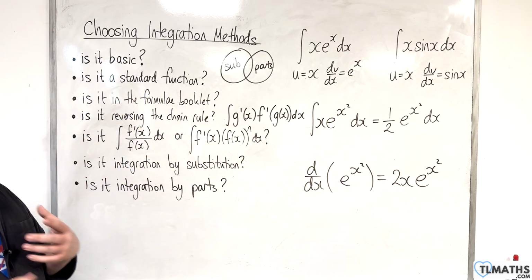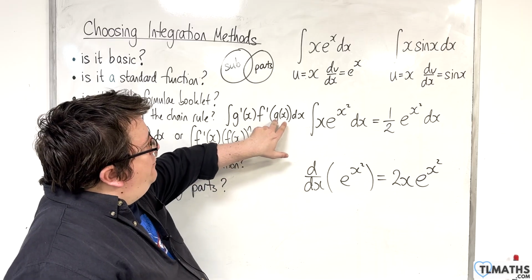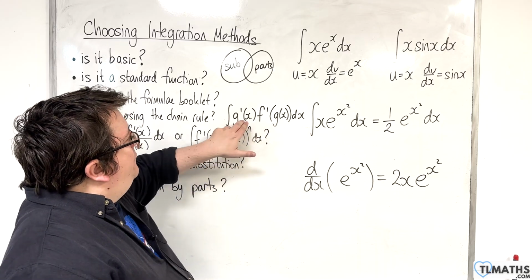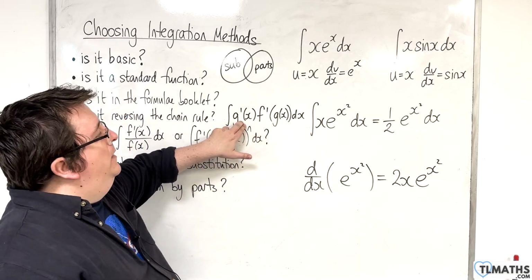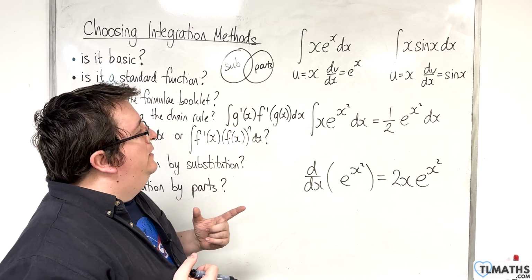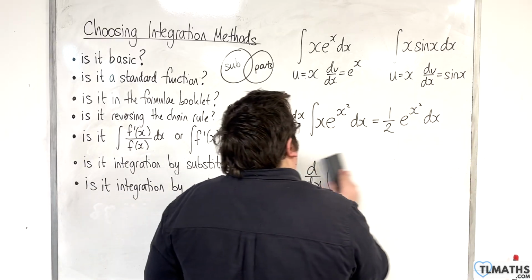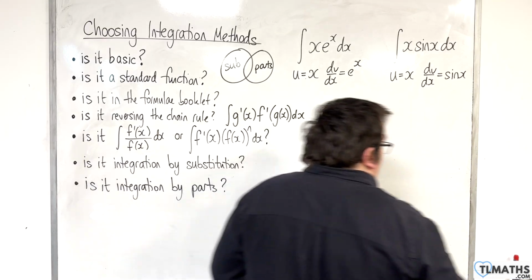Okay, so is it that? Where you're going, right, I've got this interior function g of x that differentiates to g prime. Do I have the derivative of the interior function on the outside? And in this case, we do. So another example would be,